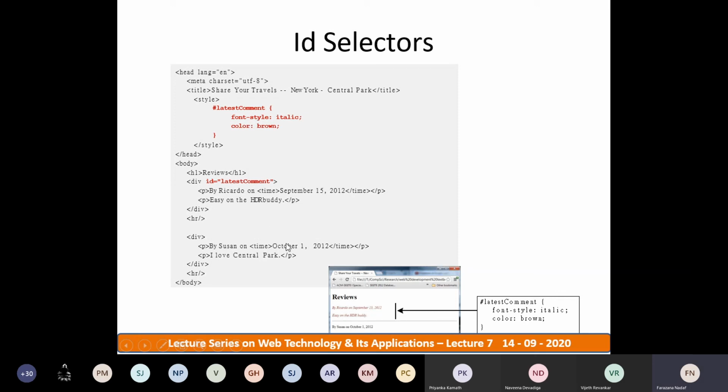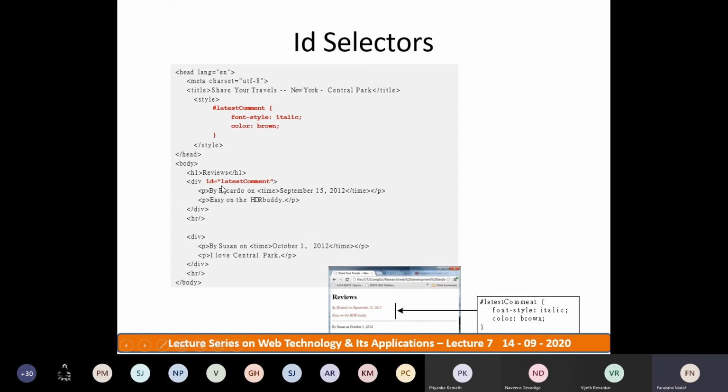So remember, these ID selectors are used only once per page. You can define a number of identifier selectors here, but each can be used only once per page, right?